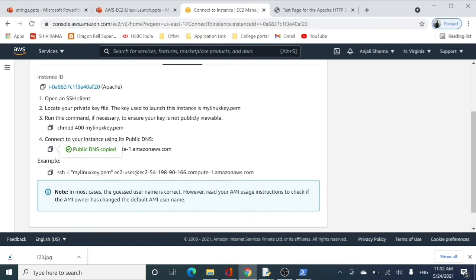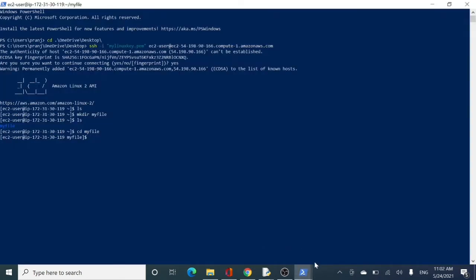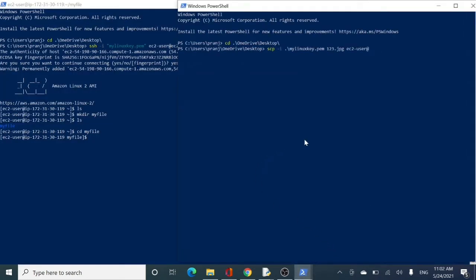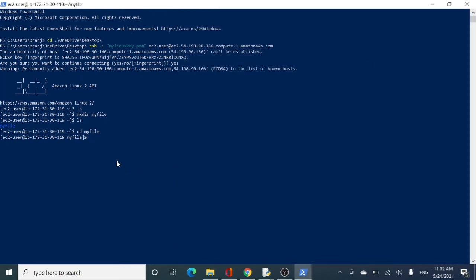Just copying the DNS and pasting it here, colon, my file. You can see the previous video of mine in which I explained how you can transfer any file from your local machine to your EC2 instance. Press enter, and you can see that 123.jpg has been transferred successfully.